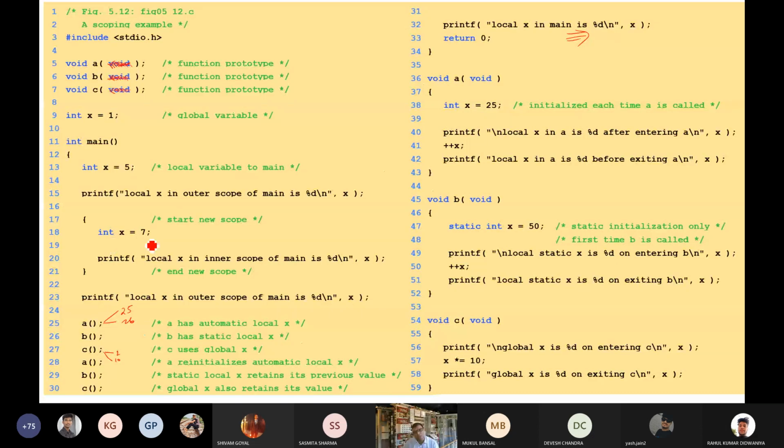Here integer x equals 7 is written, so this will print 7. Sorry, this will print 5. Now printf local x. What is local x? This is out of this scope, so it will also print 5. Fine. Now some other things are written: a, b, c, a, b, c.